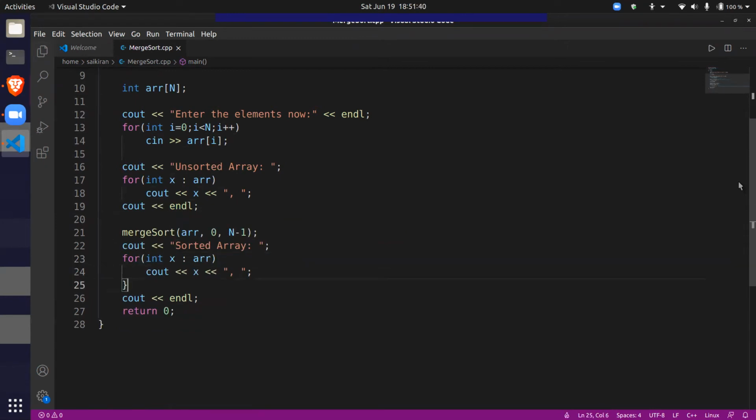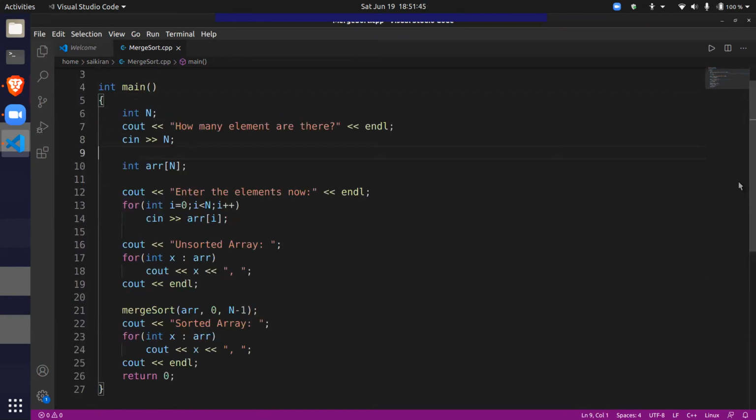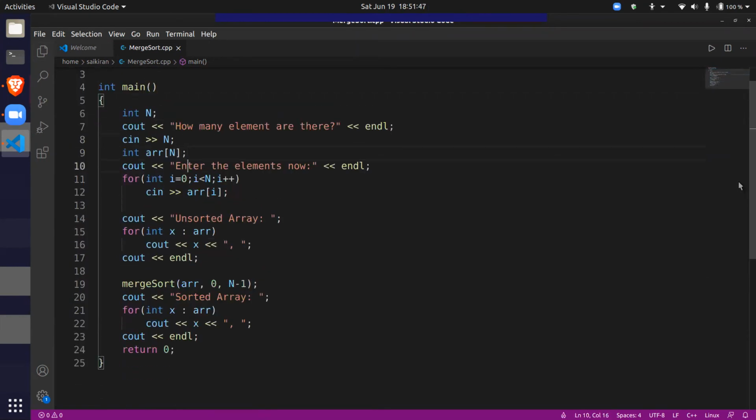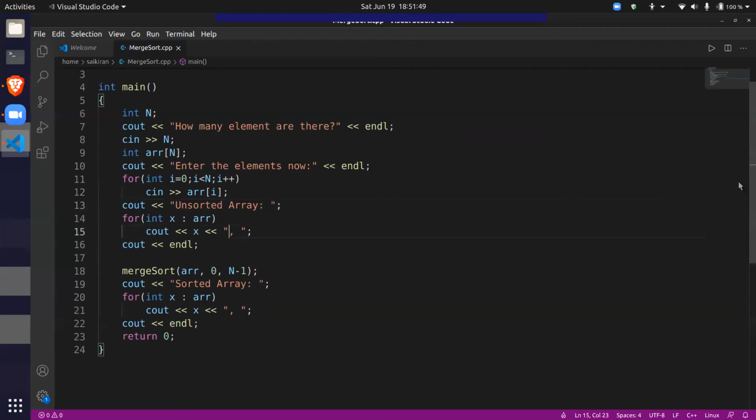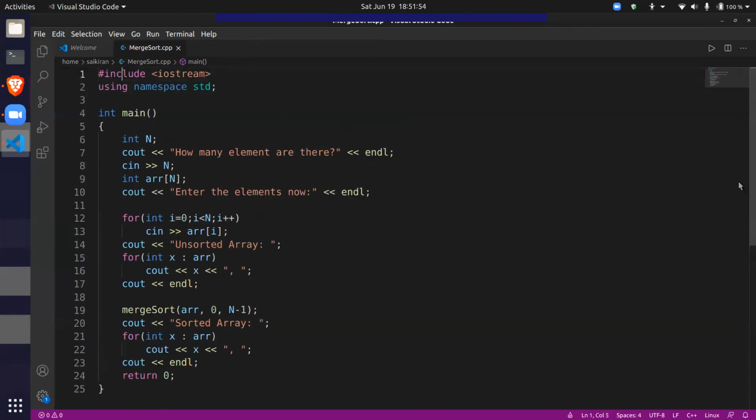These braces are not required. Since there's only a single line inside each for loop, we don't need those braces. So yeah, this is the main function.